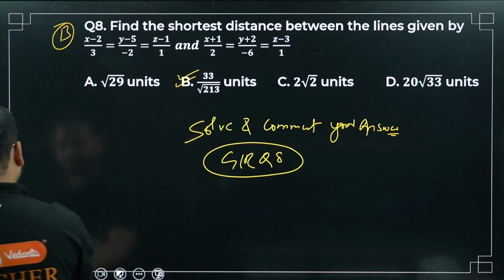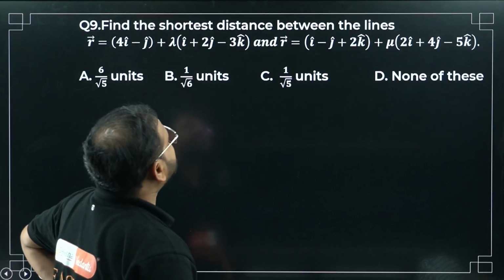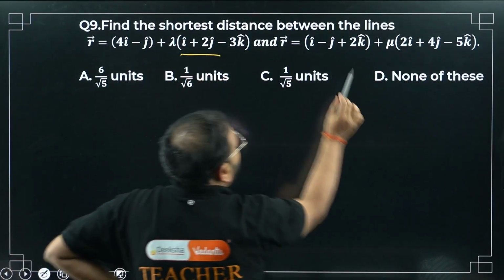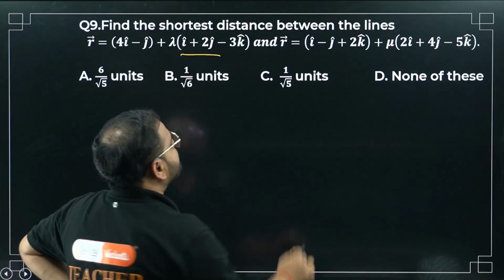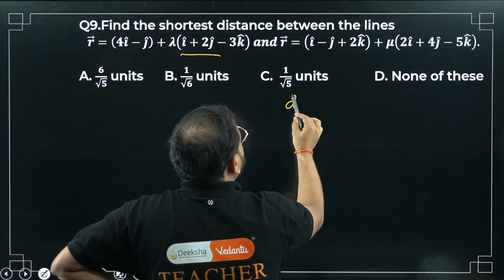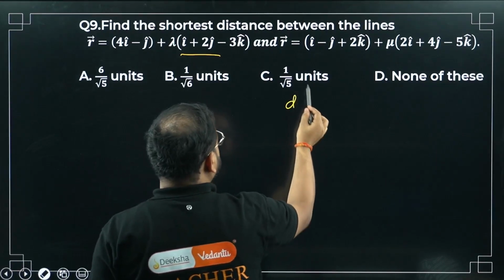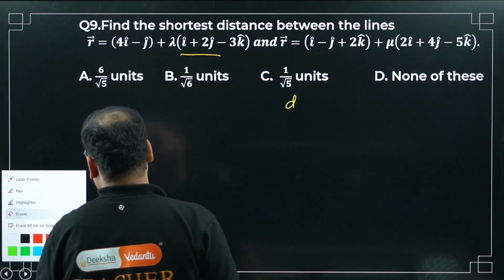Have a look. Question number 9. Find the shortest distance between the lines. Are the lines parallel, given the vector form? They are not parallel, sir. Then the formula will change, right? Remember this formula? First one I think we did. Not vector, it's a scalar value. Distance is a scalar value. Distance is given by, please check,